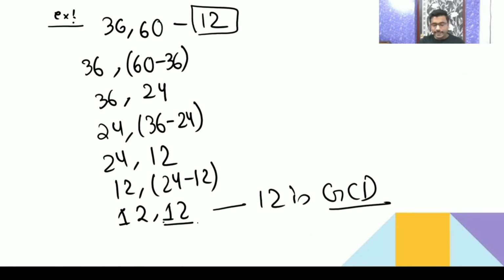Am I clear? So you take any two numbers and always keep on subtracting, because what is division? Division is subtraction only. So always keep on dividing the bigger number by the smaller one. You will get two numbers. Again divide the bigger number by the smaller one. At last you are going to get both numbers the same. That is the GCD. If you want, I can take another example also, or you can give me some example like 3 and 5 and we can take that.